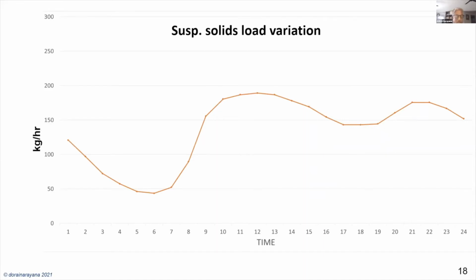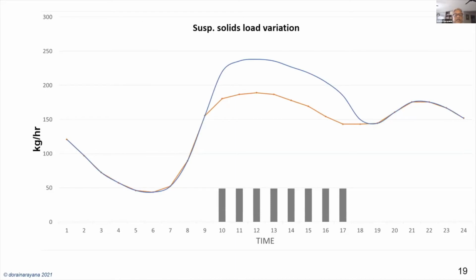Now let's superimpose the solids due to fecal sludge or septage being added during the working hours of 9 to 5. This is what happens. Even though a small quantity, you might find that the daily impact is not great, but the hourly peak impact here can be quite significant, right? So what does this mean? This means that if you have a treatment process where your process time is short, and if that short process time falls within this peak period, then it could have significant impact.